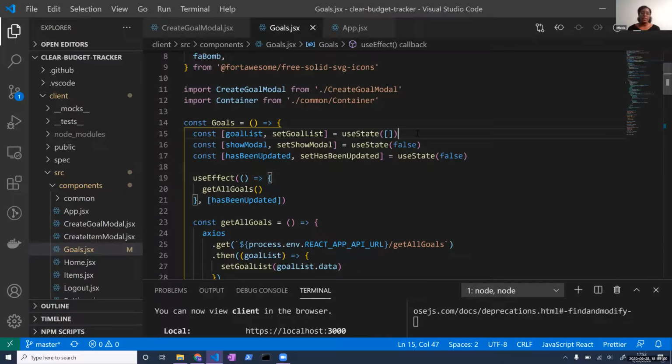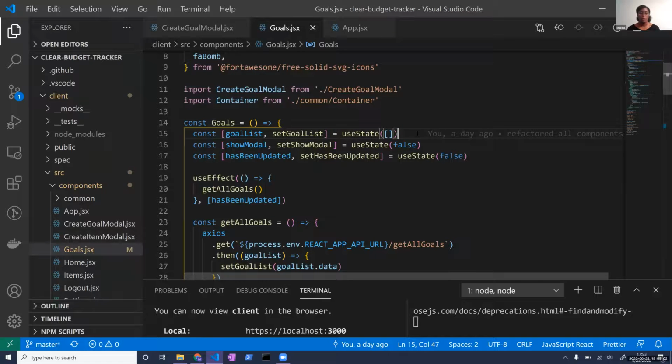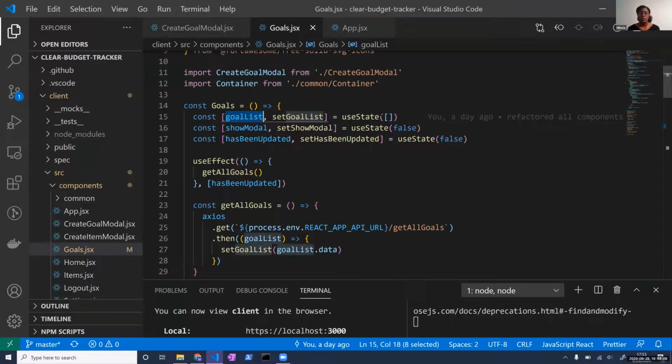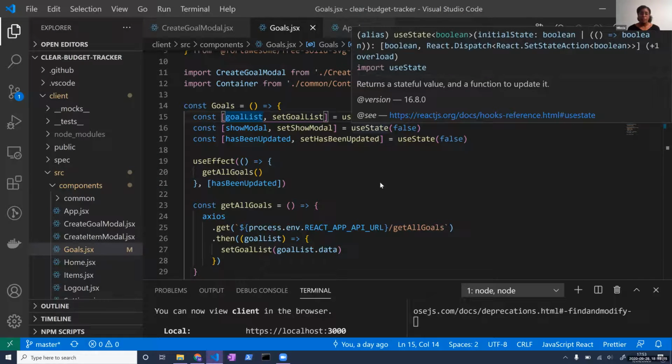It sets the state for different components that are on the screen. So in this example, we have just this goal list, which is an array of objects. So we just defaulted to this empty array. Another thing I would highly